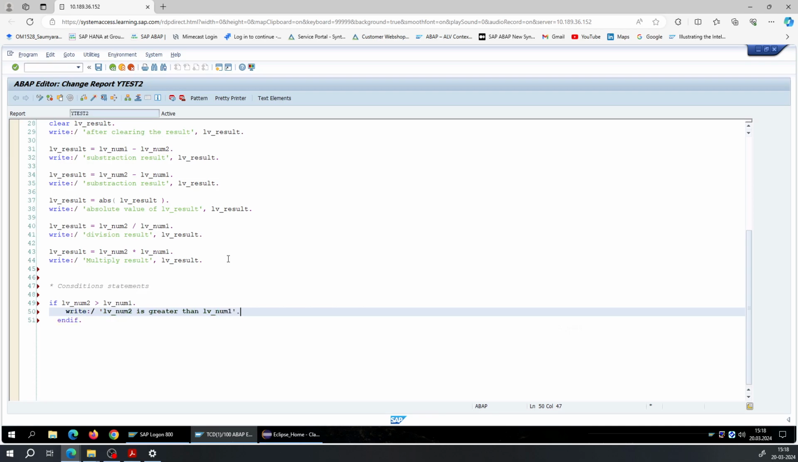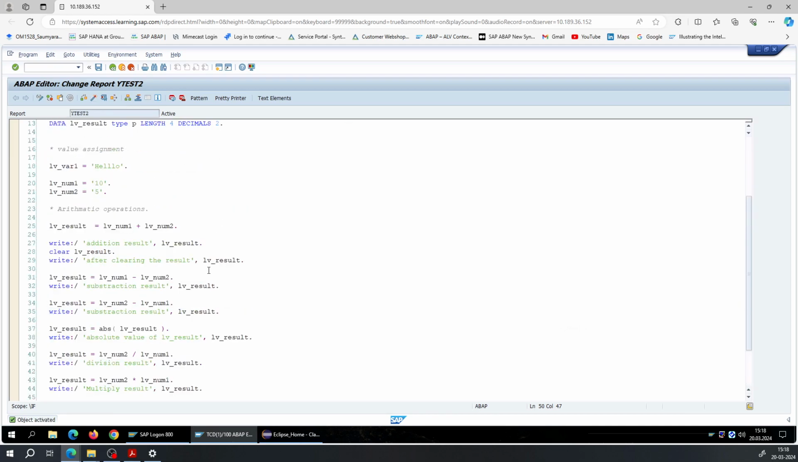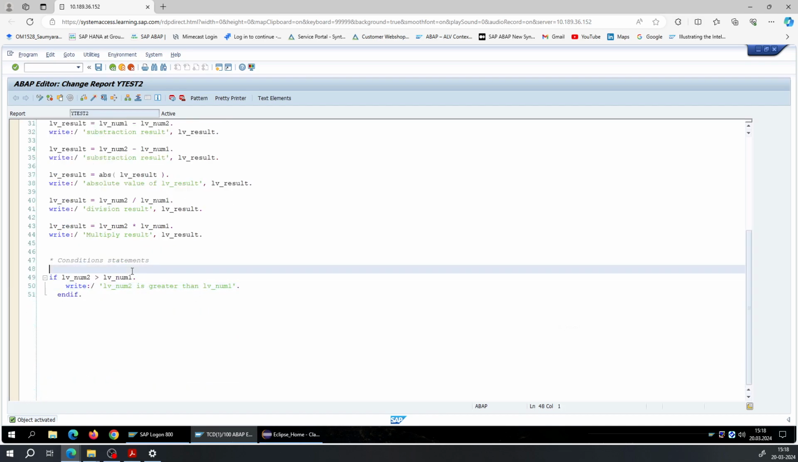Okay, so here in the write statement I am not passing any variables. I am just passing a literal value which is saying this num2 variable is greater than num1. Okay, save this one, check and activate. So let's not comment. Okay, so before that,